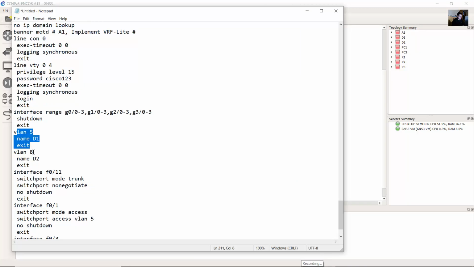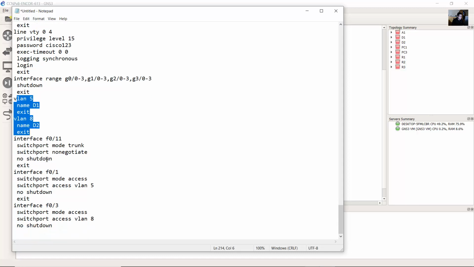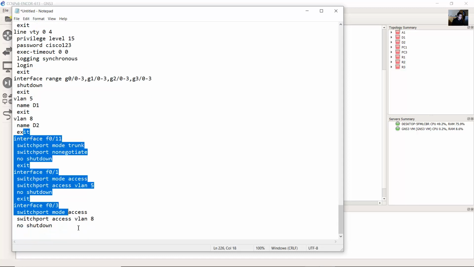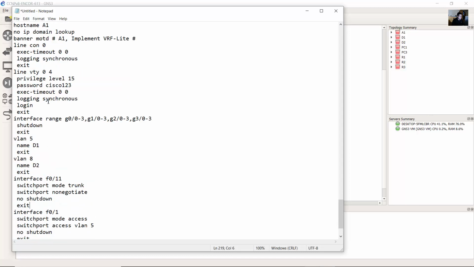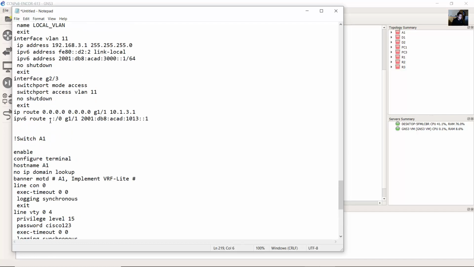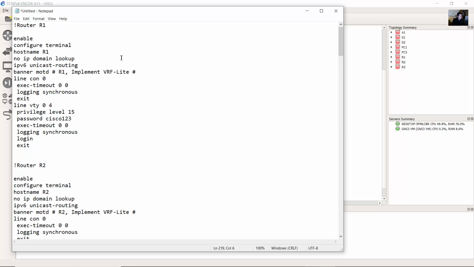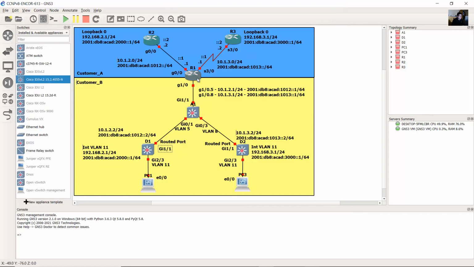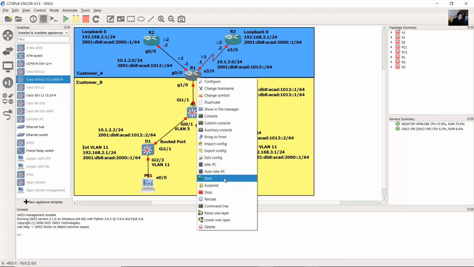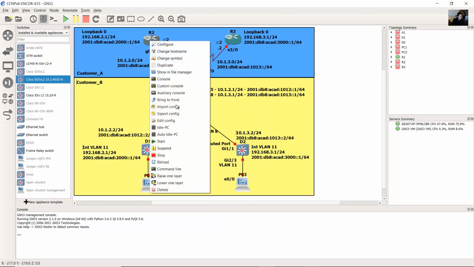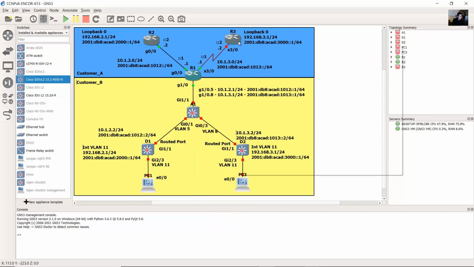And VLAN 5, 8. Okay, no IP configuration. This will act as a layer 2 switch. And now start R1, start R2, start R3,